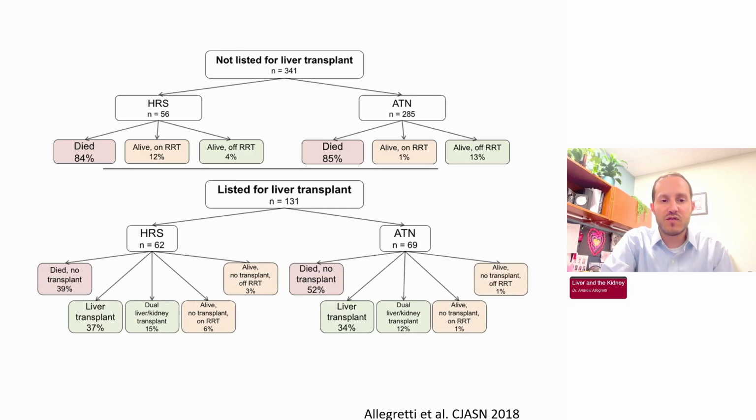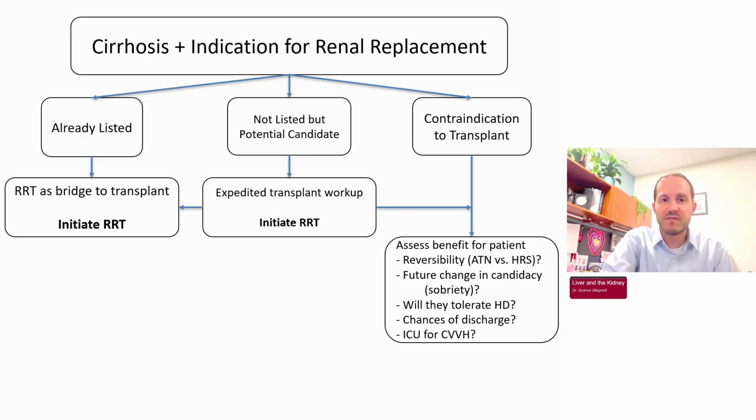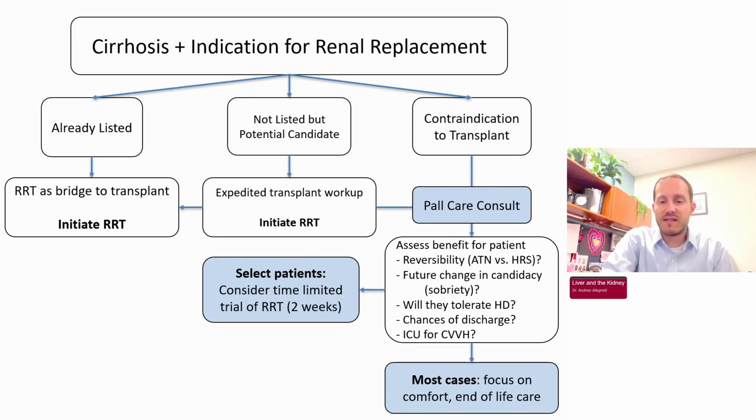If you are listed for transplant, about 50% of these patients, at least in our experience, have gone on to get transplants, which is great. But if you don't have that as an option, or you're unable to get a transplant, the chances that you're alive and off dialysis are very low. So in that setting, and it's actually in the liver guidelines, and I think increasingly used, palliative care consultation and symptom-driven management, as opposed to more invasive measures, have been increasingly employed.